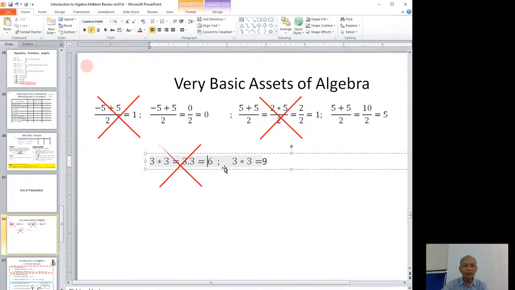So why you write 6? It's not 6, it's 9. Okay, and the other thing is